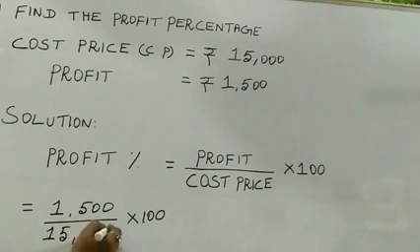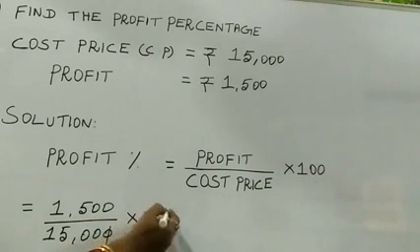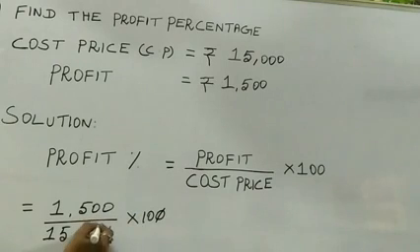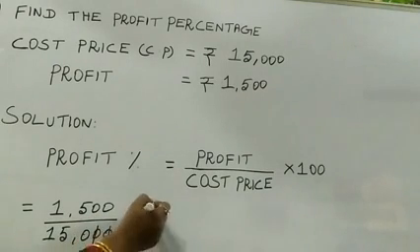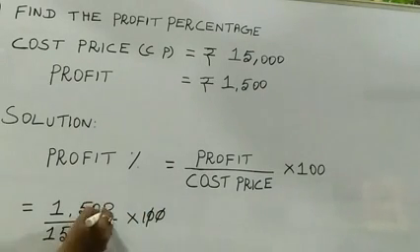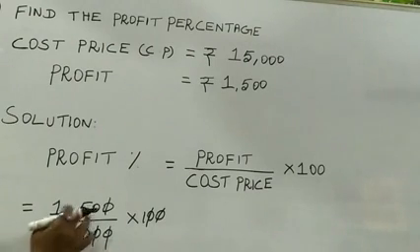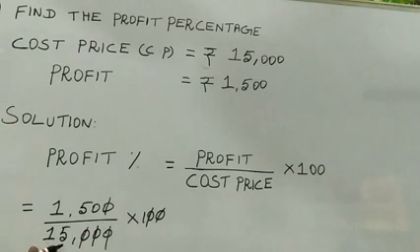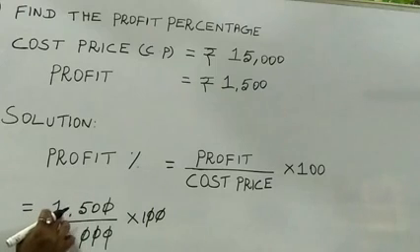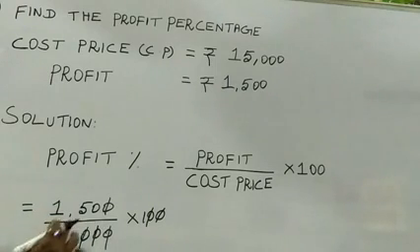Listen children, you have to strike out the 1 0 0. Then the second 0 0. Here you have 0 0. So in the denominator I have to cut all the zeros. Then remaining I have here 15 only. So now I cut this 15. How many times here? In the numerator I have 150, but in the denominator I have 15 only.